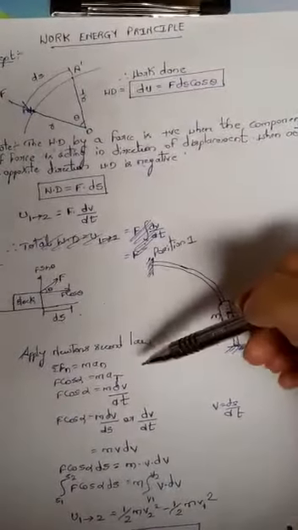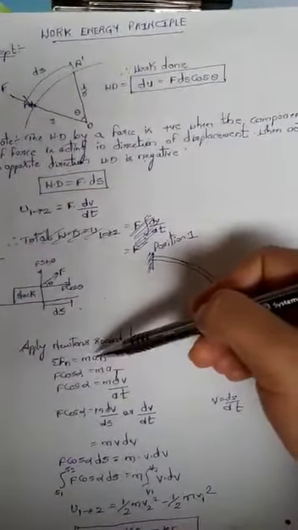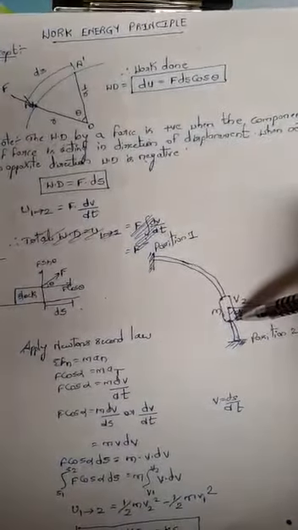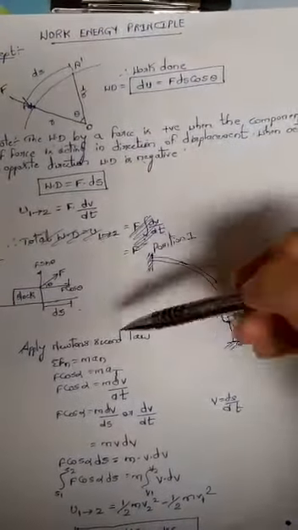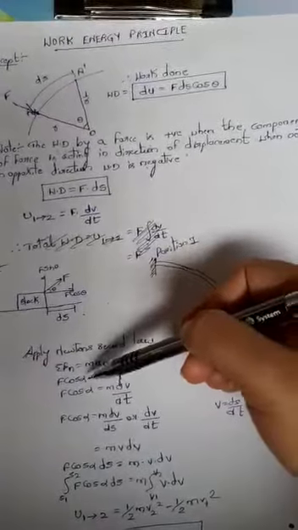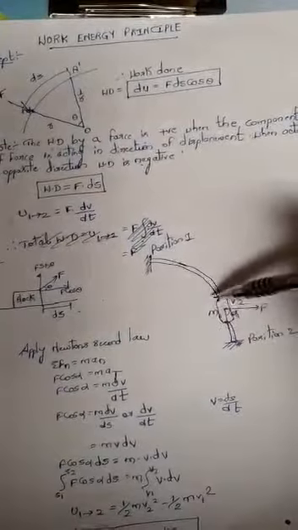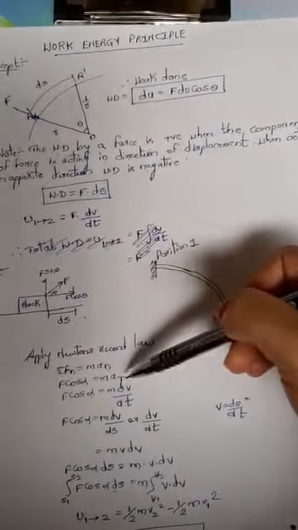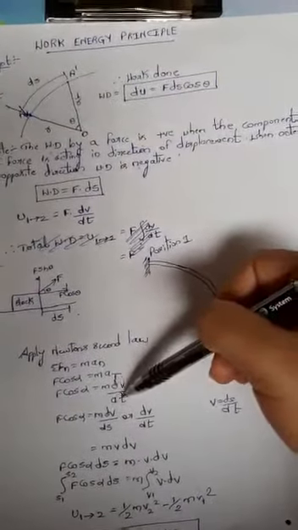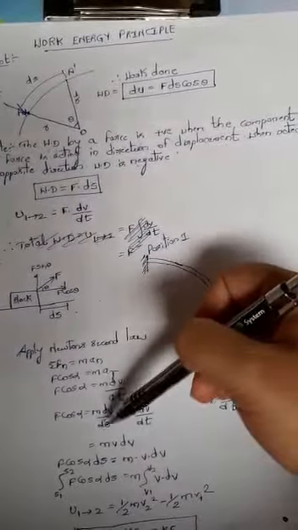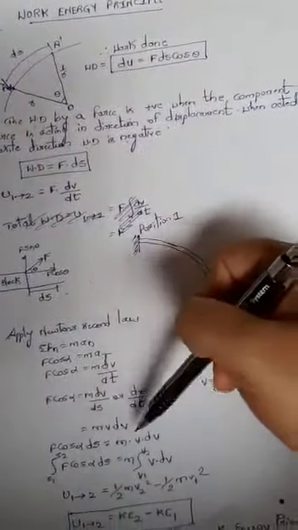Now on this let me apply Newton's second law. Newton's second law states that the force is nothing but mass into acceleration along that direction. The component of force along that direction is F cos alpha. So F cos alpha is equal to m into acceleration, which is obviously tangential on this curve. But what is acceleration? Acceleration is the rate of change of velocity with respect to time t, so that can be taken as v dv upon ds or dv upon dt. So now what I will do is separate the variables.